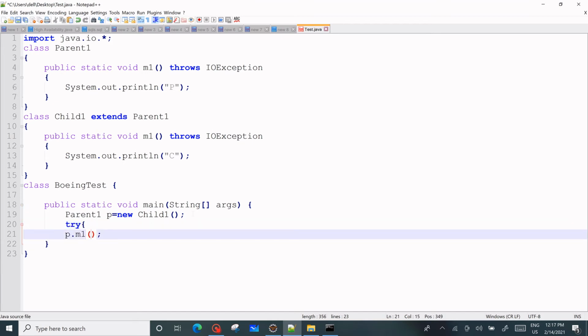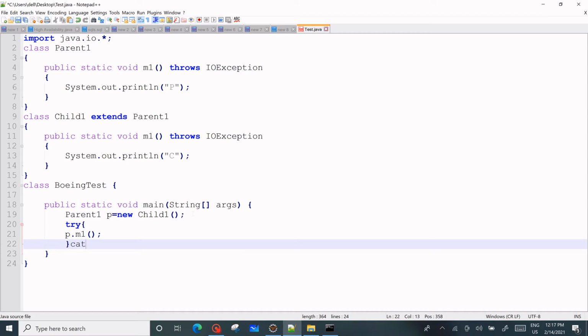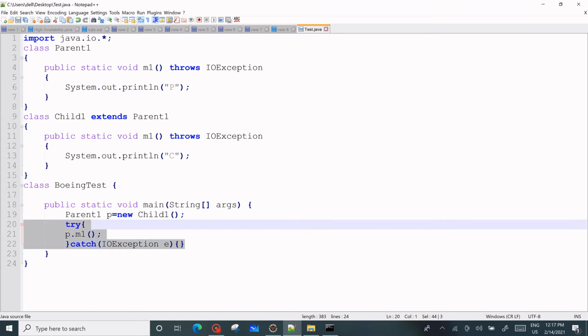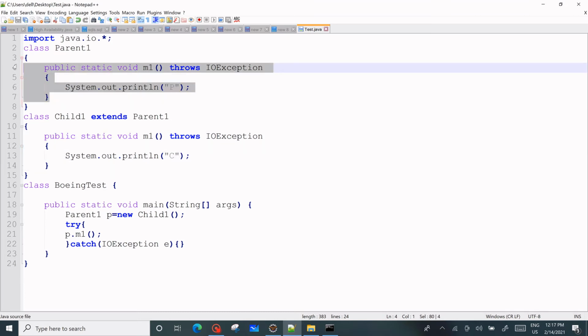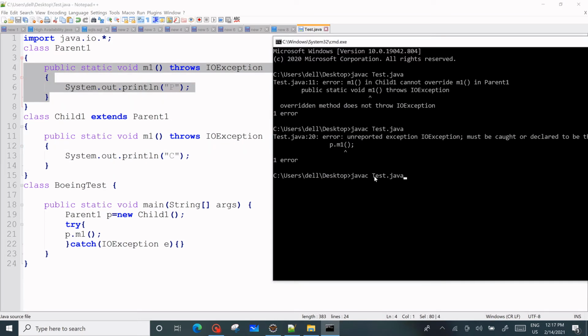Okay, we have to handle the exception here, and we have to write Exception. Now we have handled the exception here, and here we are throwing the exception, right? IOException is a compile-time exception, a checked exception. Checked exception means at compile time it will give you the exception, not at runtime. That's why it was giving an error. Now we have handled the exception, so there is no error, no problem, right? So if we run java Test, what will it give you as the output?